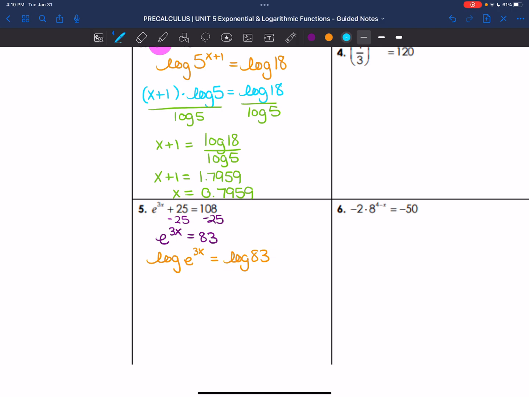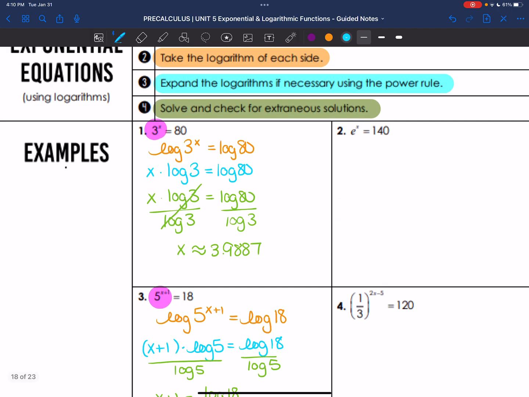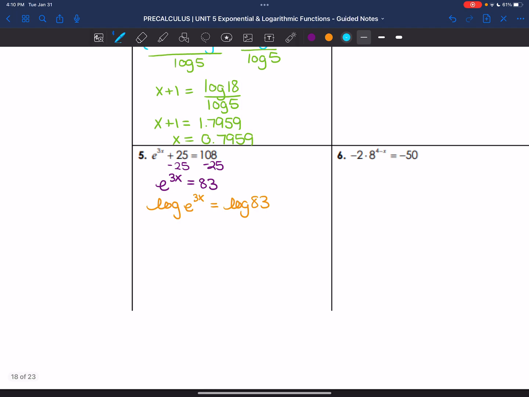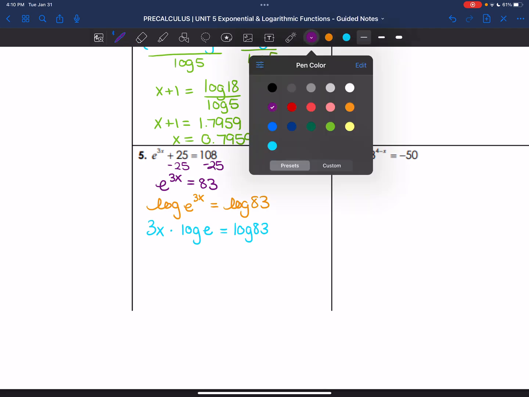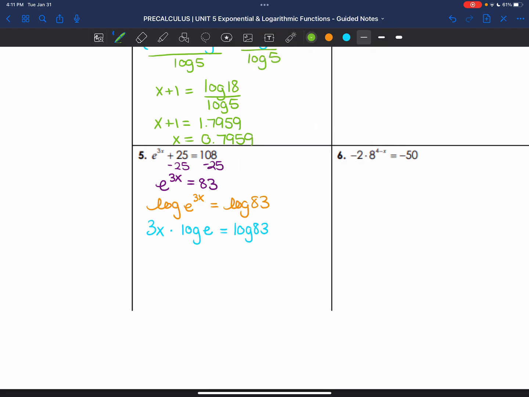Next, apply that power rule and expand your logarithm. So we have 3x multiplying with log e, and that equals log 83. Finally, go ahead and solve, dividing each side by log e. That gives us 3x equals log 83 over log e, which is approximately